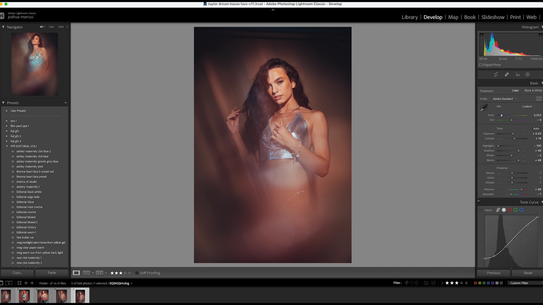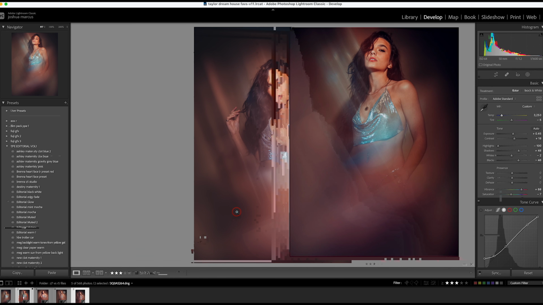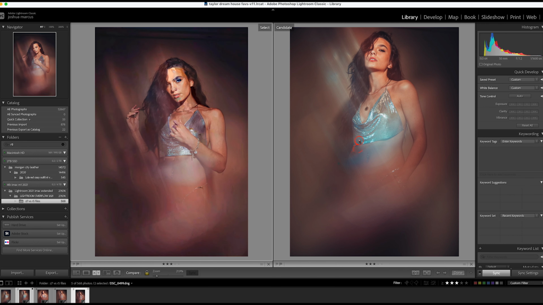But check this out. Let's go in here and let's compare these two. And I've tried to match them, you know, within reason. It's not apples to apples here. The file colors are going to be a little bit different. Now you're looking at the R5 with the 51.2 RF on the right, and this is the Z7 with the 1.2 50 on the left. Okay, so